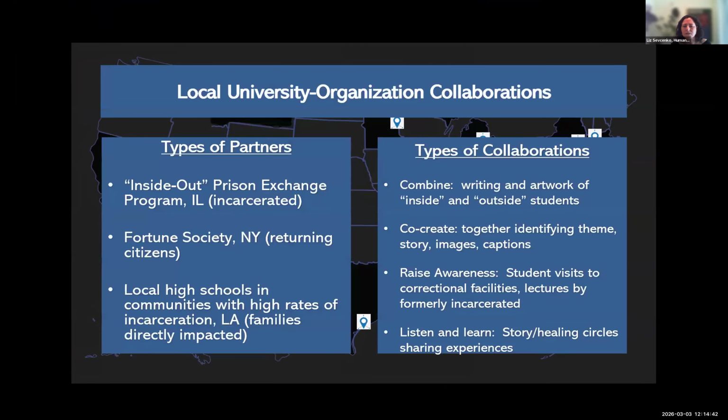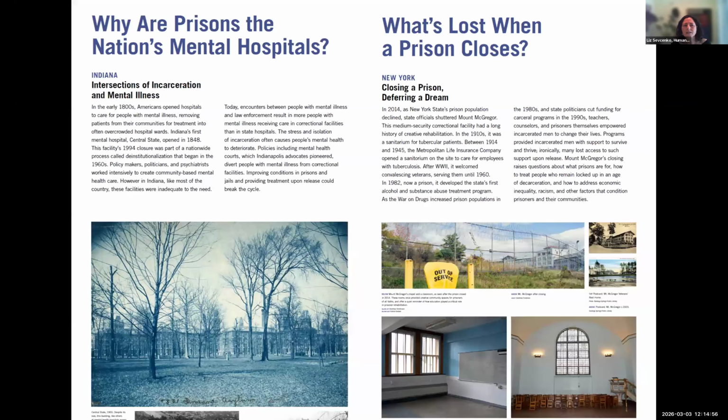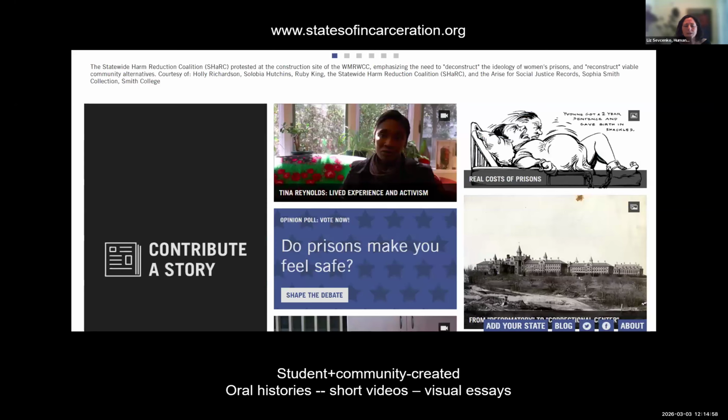And I just wanted to use this as an example of talking about the different forms that collaboration can take, and that of varying kind of levels of depth. And we can talk about that a little bit later. And again, they each kind of created one local story and stories for a web platform.